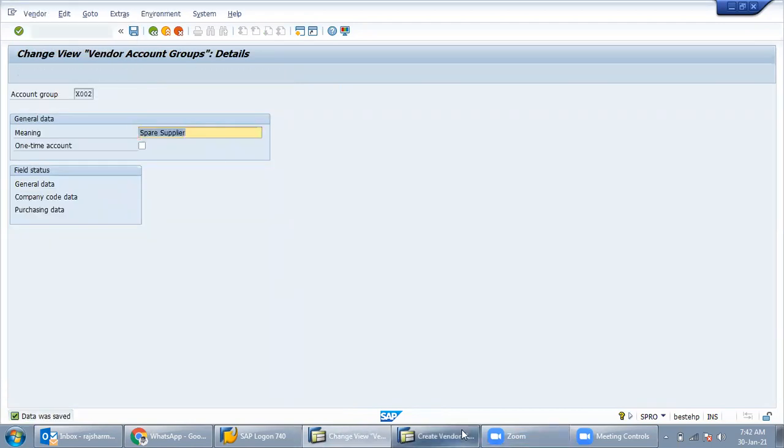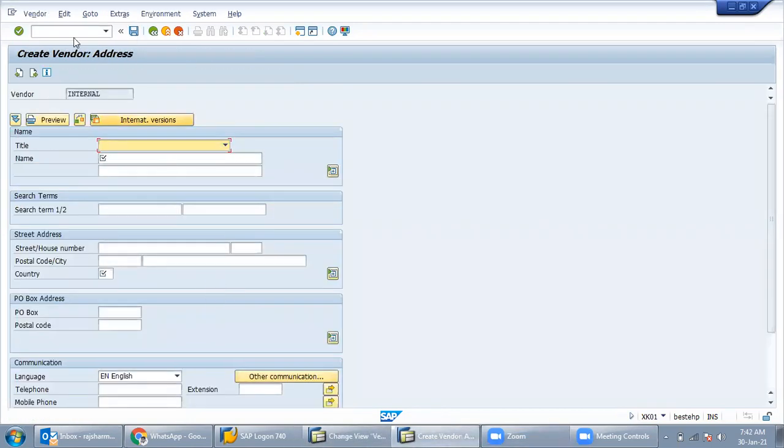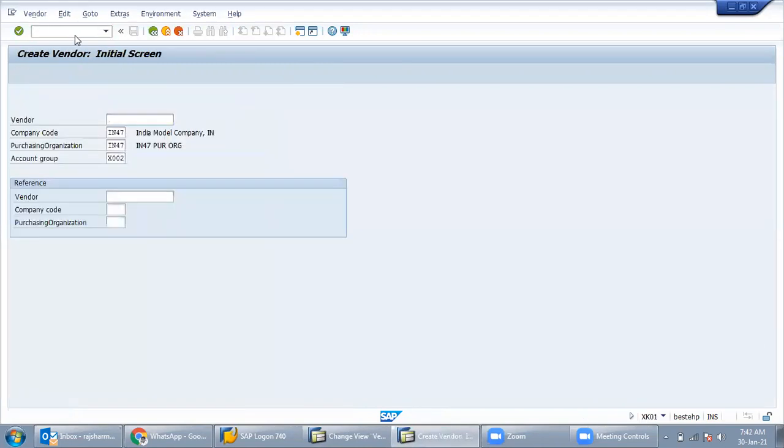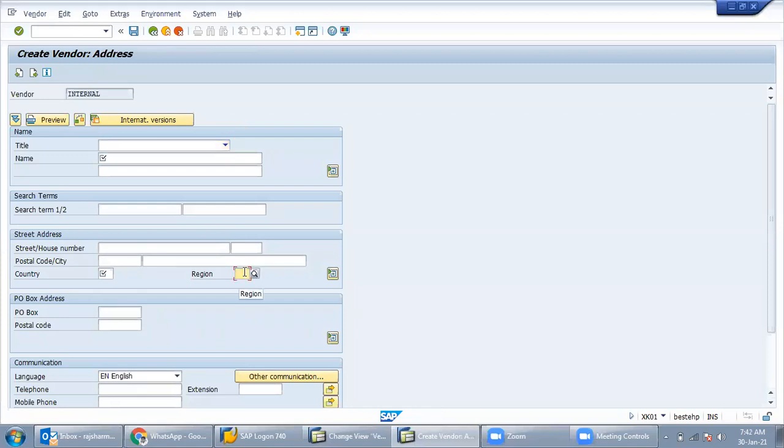Now the region field will come again in XK01. Now it comes. Okay, understood. What is the use of account group? Each and every field we make mandatory, suppress, or display.